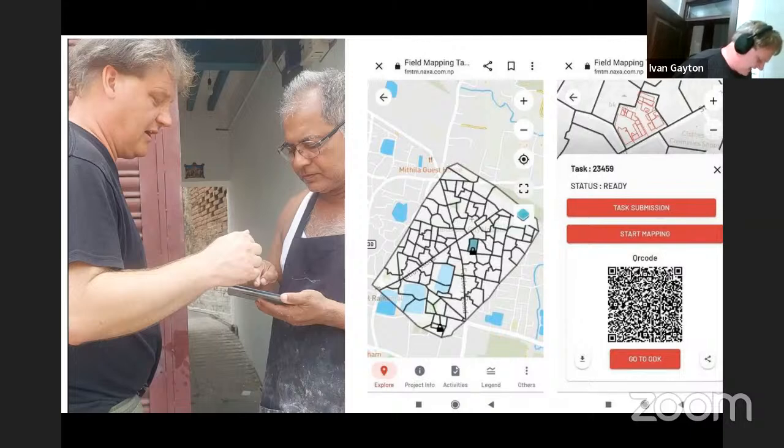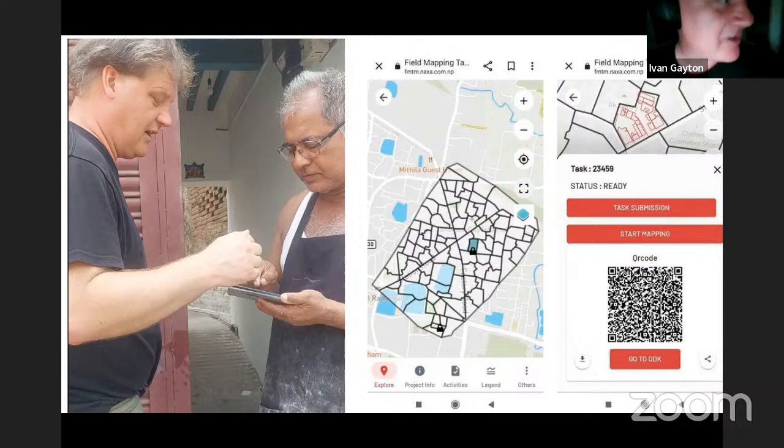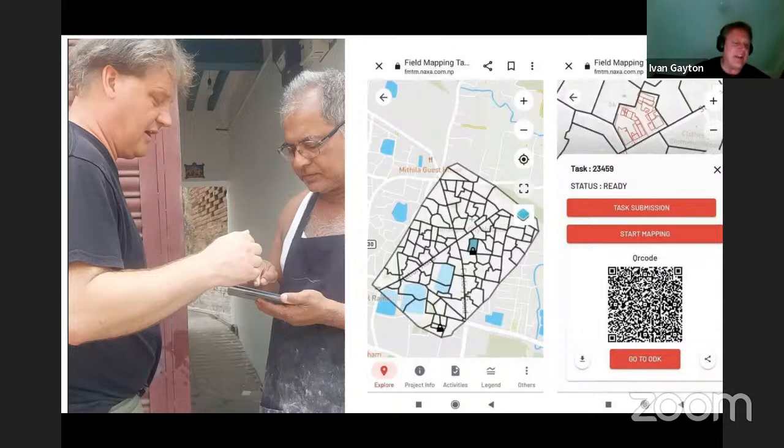Would you want to have a task where some of your buildings are on one side of the river and some are on the other, or some are on each side of a busy freeway? So in fact, it's not squares that you want. And there's a further complexity that we discovered when we did our field tests with the field mapping tasking manager, which is that